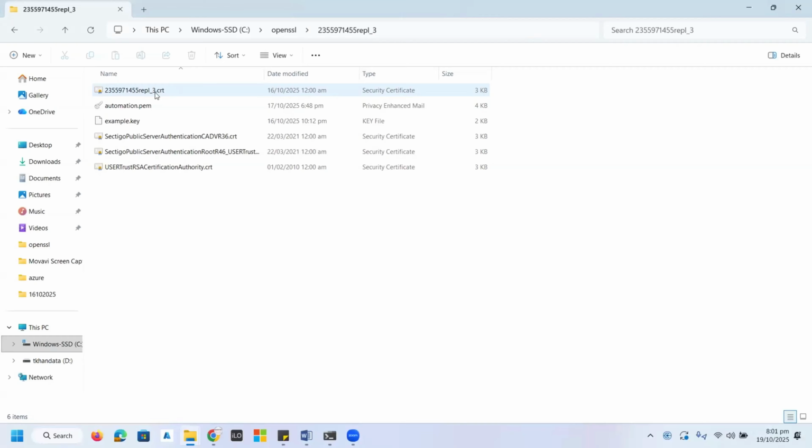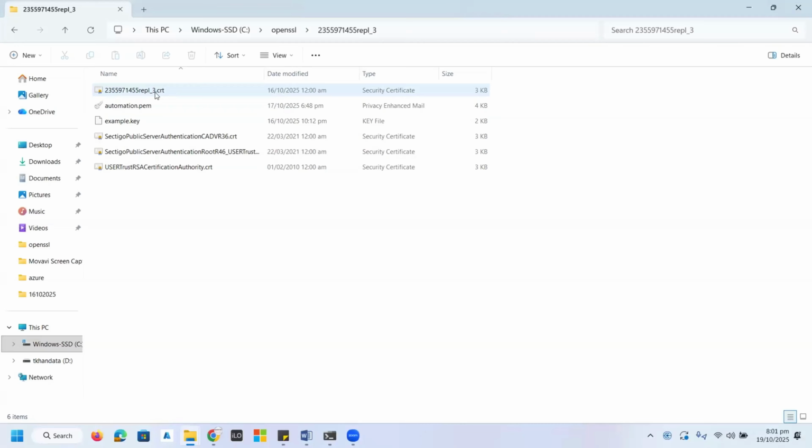In this case, the file format will be .pem, generally known as a PEM file. So in this session, we are going to create a PEM file, and when the PEM file is available, we can easily deploy that file on Nginx and Apache as well.